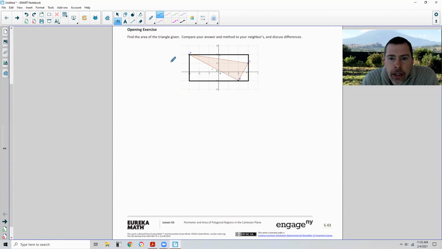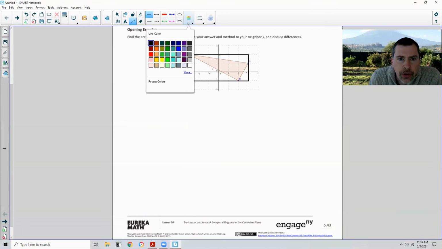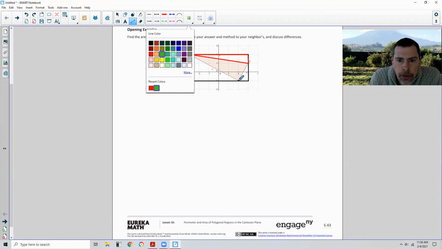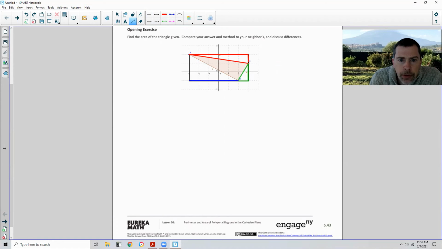All right, so then I noticed that it created 3 triangles. So I will color code them. Here's one. There's one. Here's one. And finally, let's do blue this time. This one. So I can find the area of the 3 triangles and subtract it from the area of the rectangle to